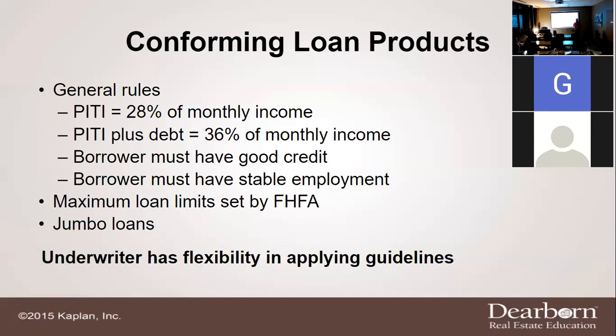Okay. Now, if the borrower has good credit, if Mr. Keith has good credit, and people always ask me this, what's good credit? Good credit's about a 680 credit score. Okay. If you're about 680, you can classify as good credit. And if Mr. Keith has stable employment, then Mr. Keith's loan is classified as conforming, and you can lend him the money,